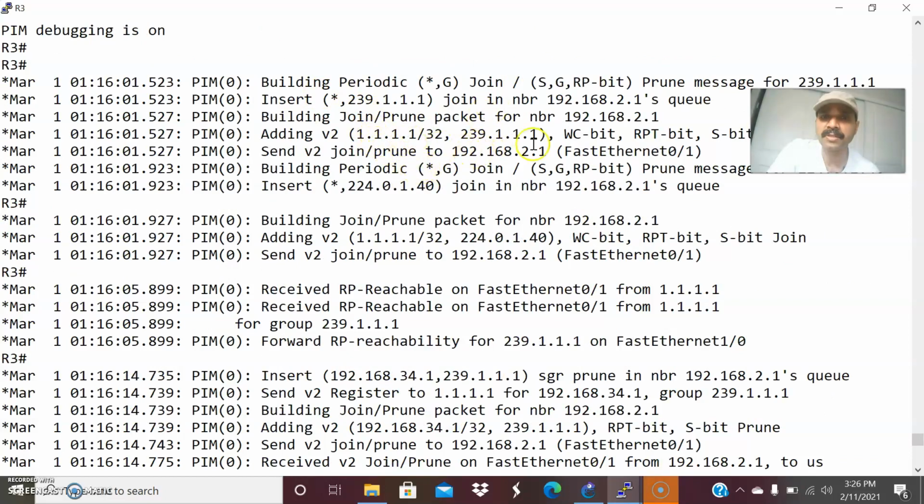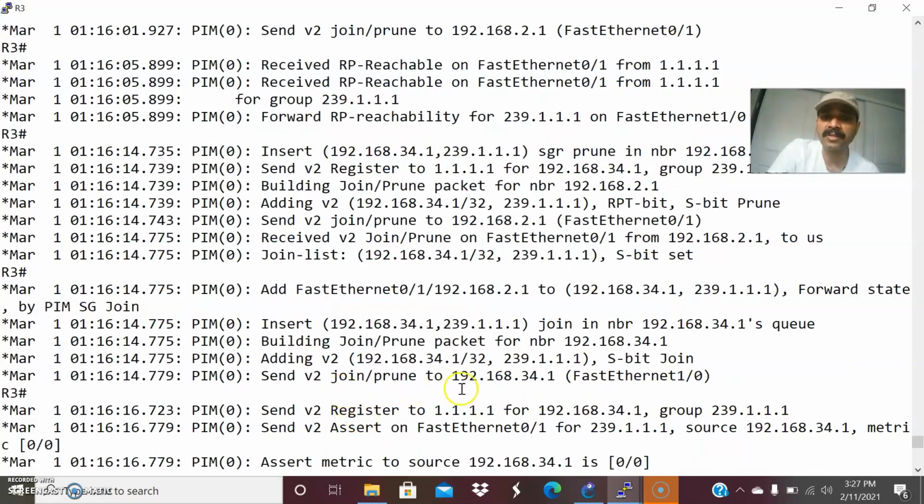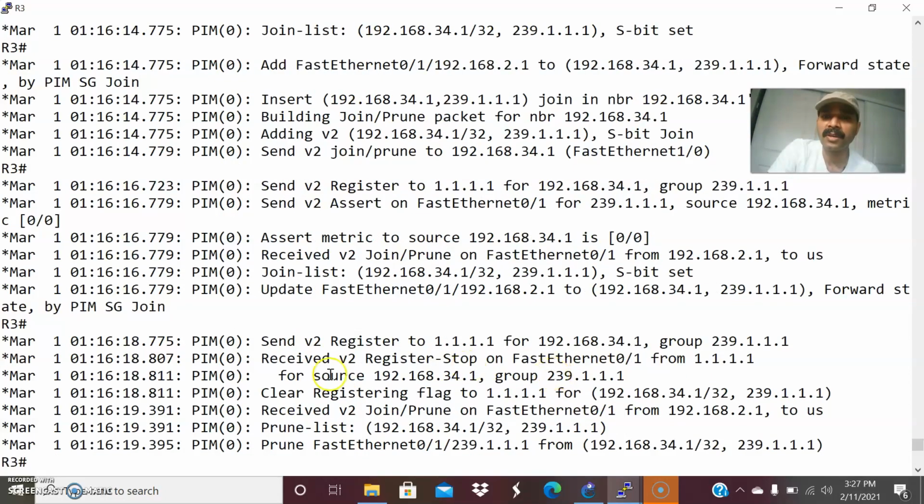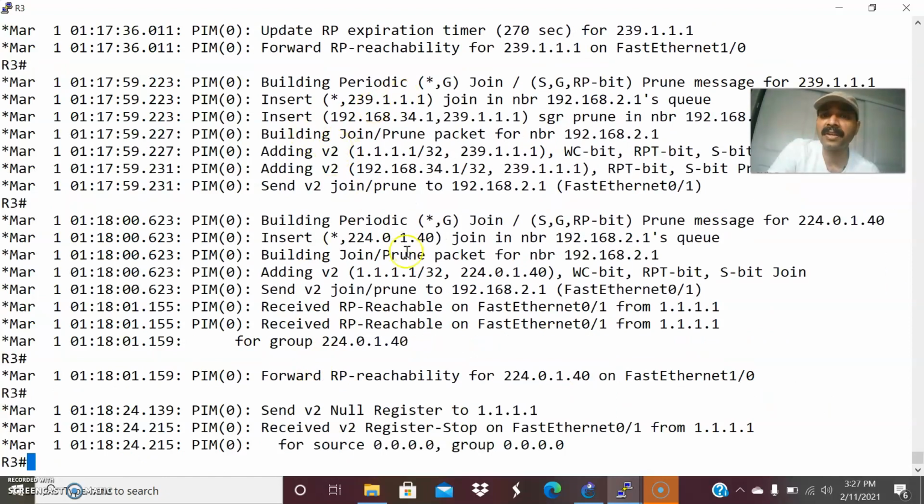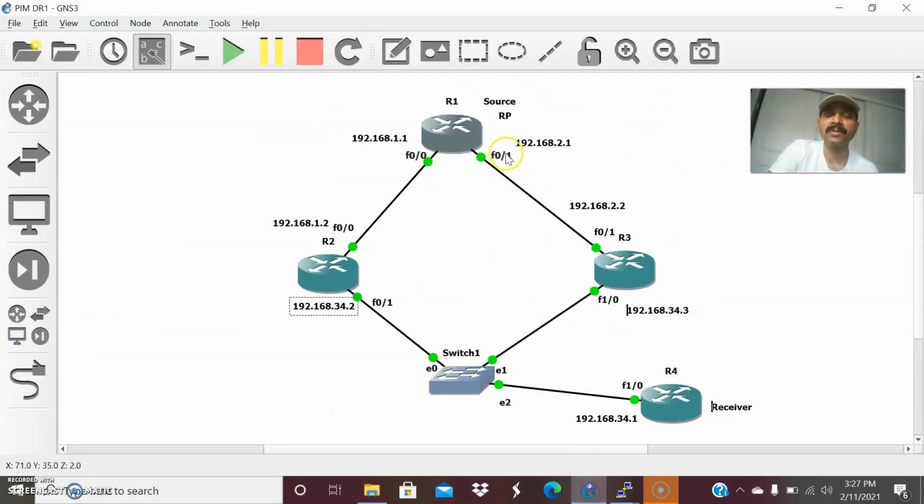What is the message you are seeing? Send V2 register to 1.1.1.1 for 192.168.34.1 for the group 239.1.1.1, then it clears the registering flag, and then it receives a register stop message. Receive V2 register stop message on FastEthernet 1/0. So whenever it sends a PIM join message, it automatically sends a register message to the RP.